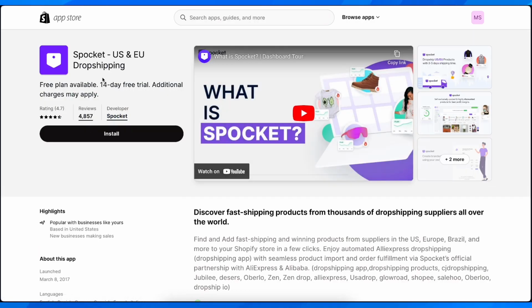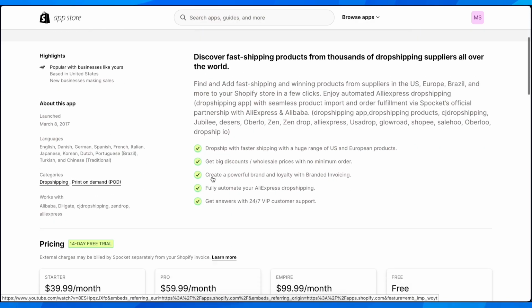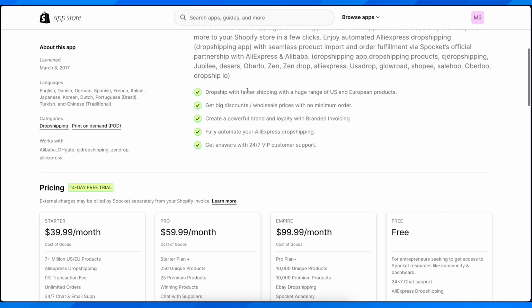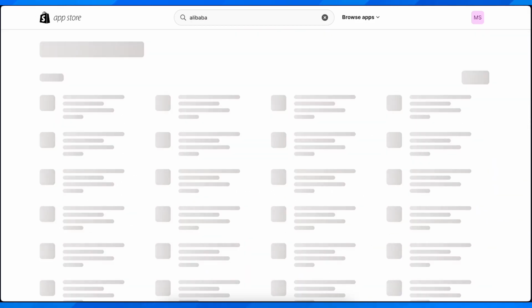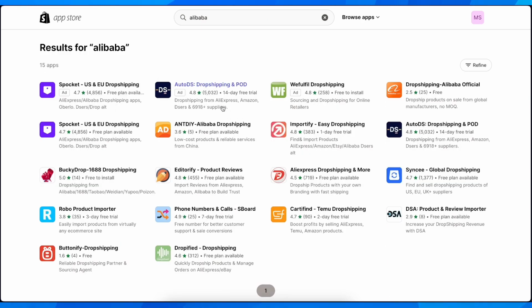And as you can see, you have a free plan available. You have a 14 days free trial, and basically you can dropship with faster shipping with a huge range of US and European products. You can get big discounts, wholesale prices with no minimum order, and you can create a powerful brand and loyalty with branded invoicing and fully automate your AliExpress dropshipping. So if you want, you can go back, and then you can also use this one here from